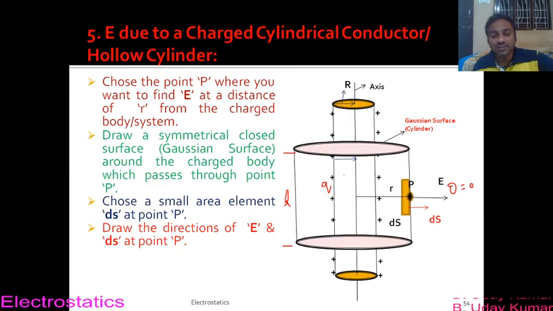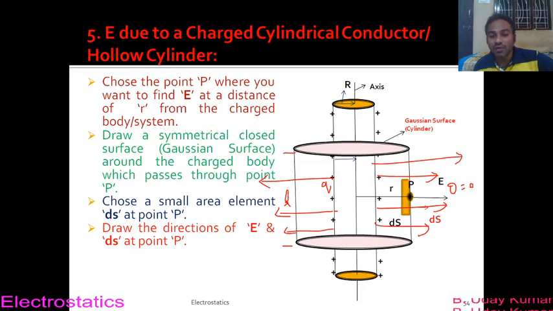Anyway, since there is some charge that is present inside this Gaussian surface, all the electric lines of forces will be directed outwards, coming out of that Gaussian cylinder, right? All the electric lines of forces will be coming out like this. So that means a few electric lines of forces will be coming out of this ds also, right? So a few electric lines of forces will be coming out of this ds area element also that we have chosen, and that flux we write as d phi, and if I integrate that, I get the total electric flux that is coming out of this Gaussian cylinder.